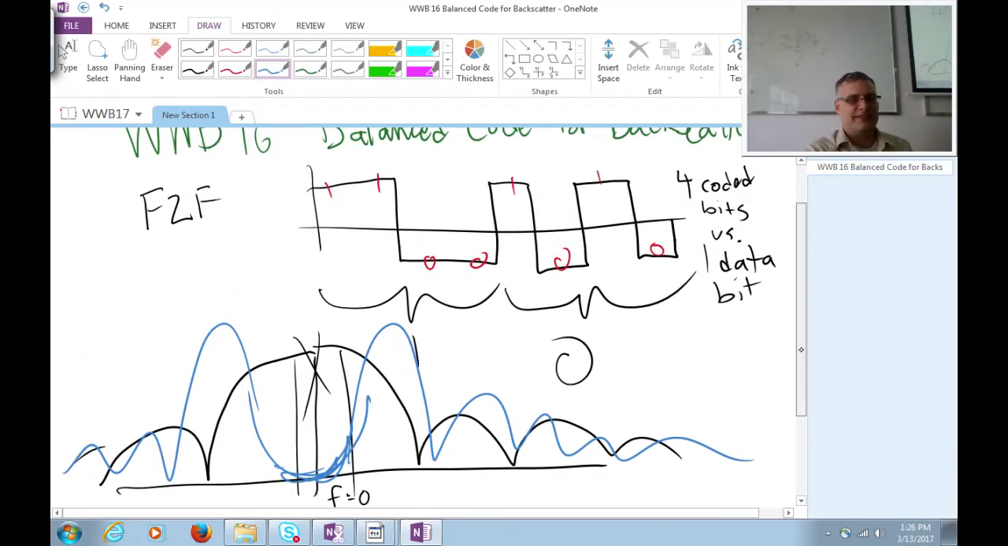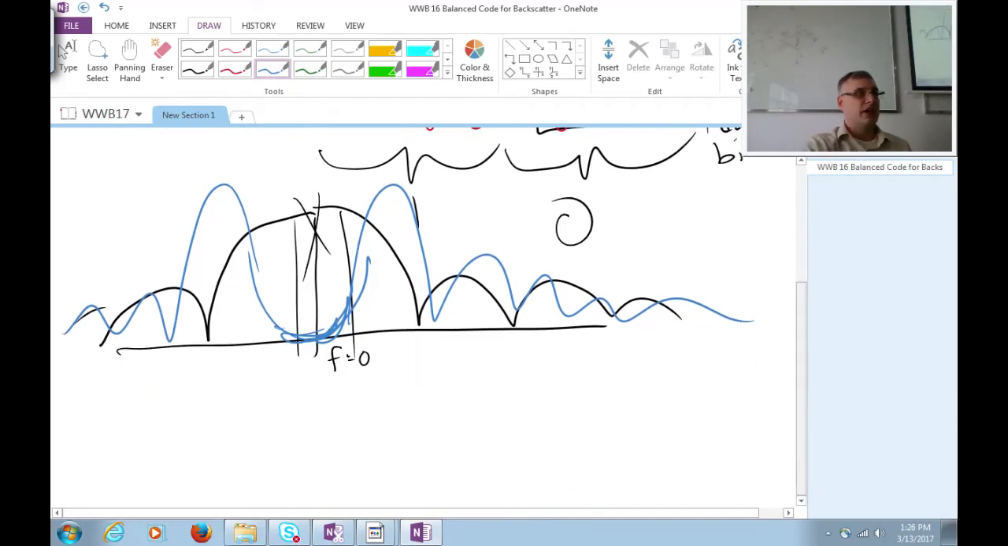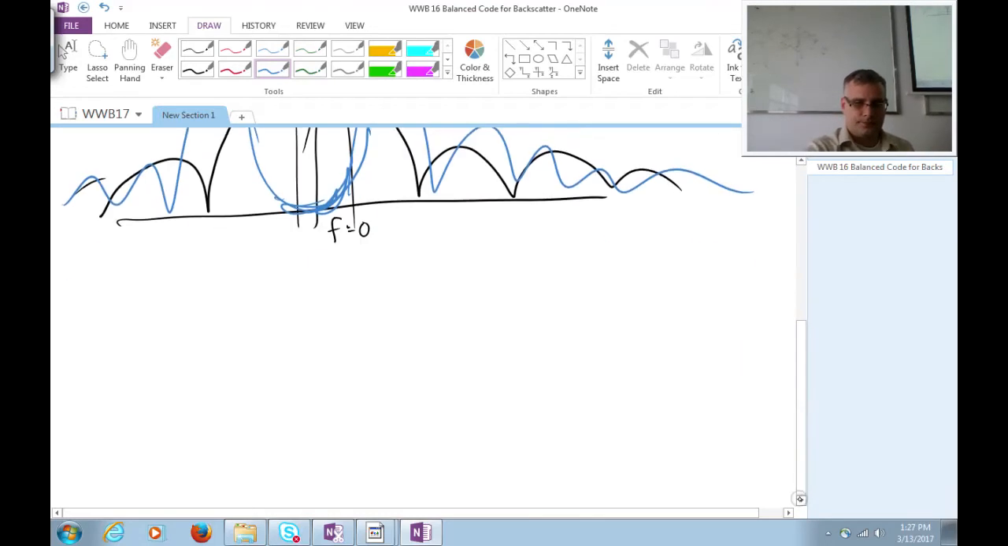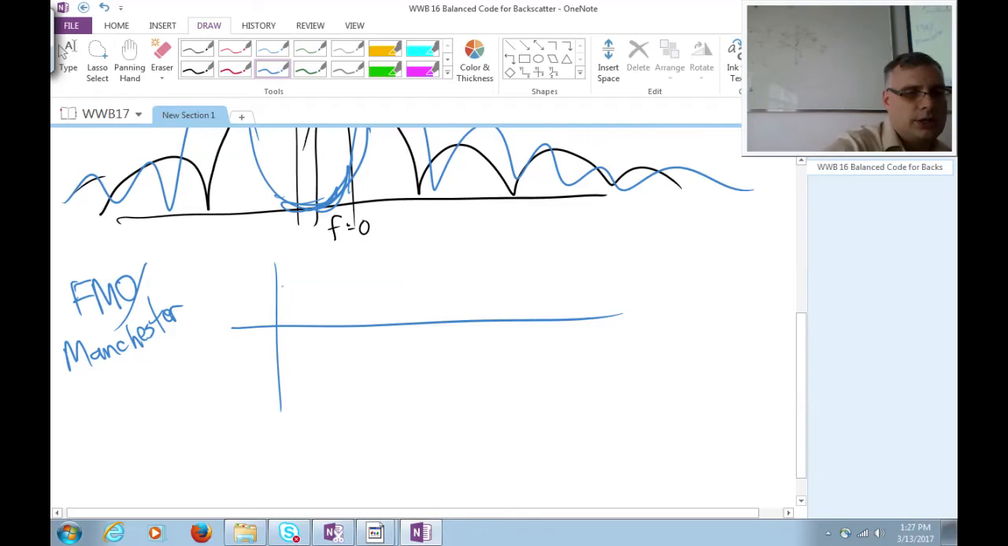All that to say, F2F, 4 coded bits versus 1 data bit. If we could somehow get that ratio down, we cut it down by a factor of 2. We've doubled the power savings. We've cut in half the amount of energy per bit we need to send. So we also studied last class period FM0, which we said was really just a variation of something called Manchester encoding. And in FM0, you basically send